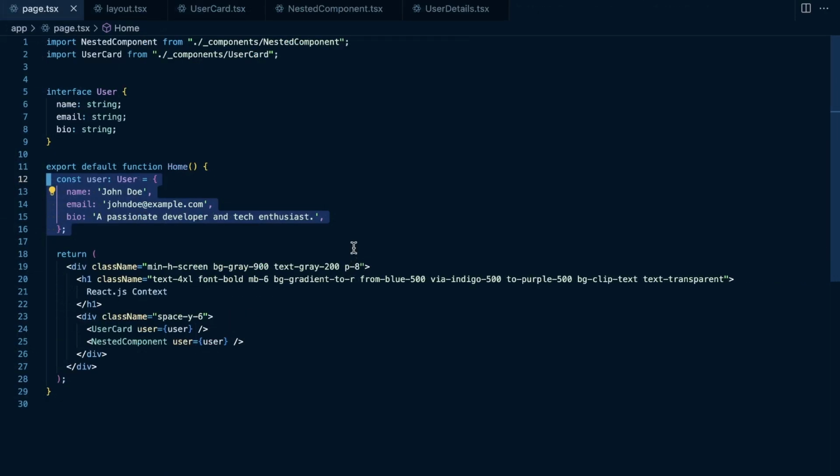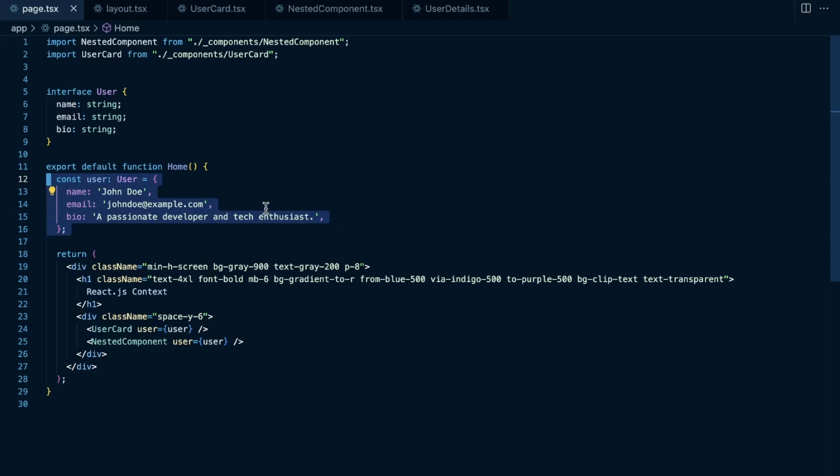Now, if anybody listening to this knows why React actually called it context, let me know. I mean, maybe it's a way to give your components more context throughout your application, but I feel like that's a stretch, and I'm not sure I love the name context, but all it is is a way to share state